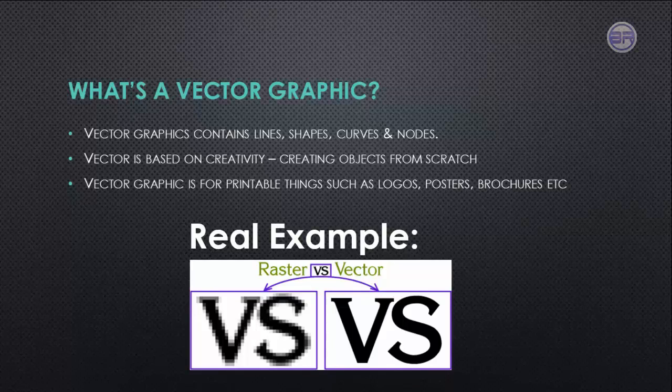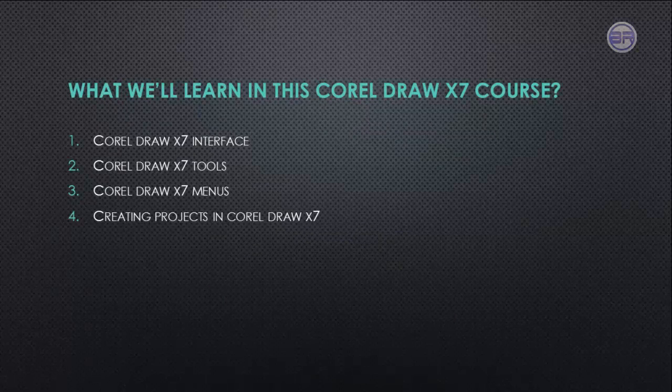So for raster graphics we always use software like Photoshop and some other software, but Photoshop is very famous for photo editing and this kind of things. But for creating logos and for making creative things, we always use Corel or Illustrator. So this is a simple explanation about vector graphics. Now what we will learn in this course, in this Corel X7 course,